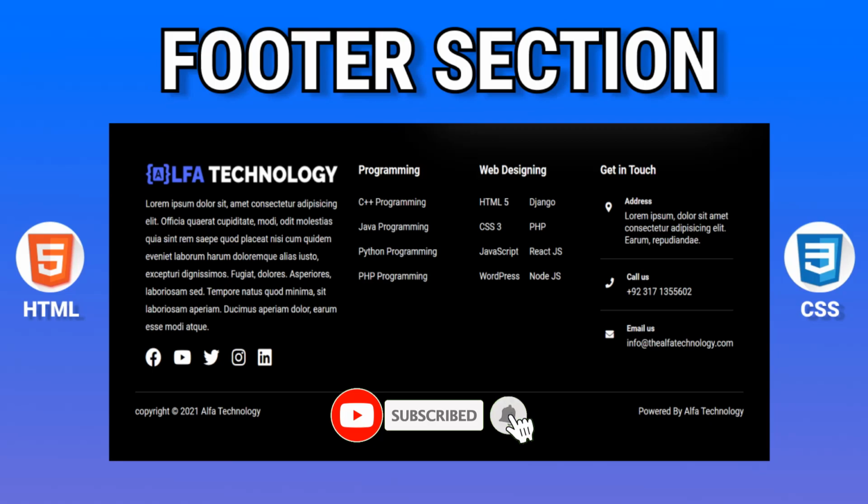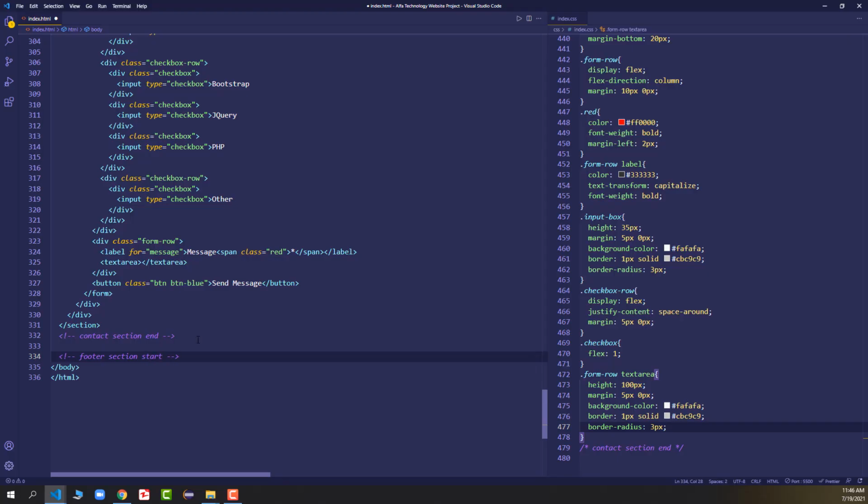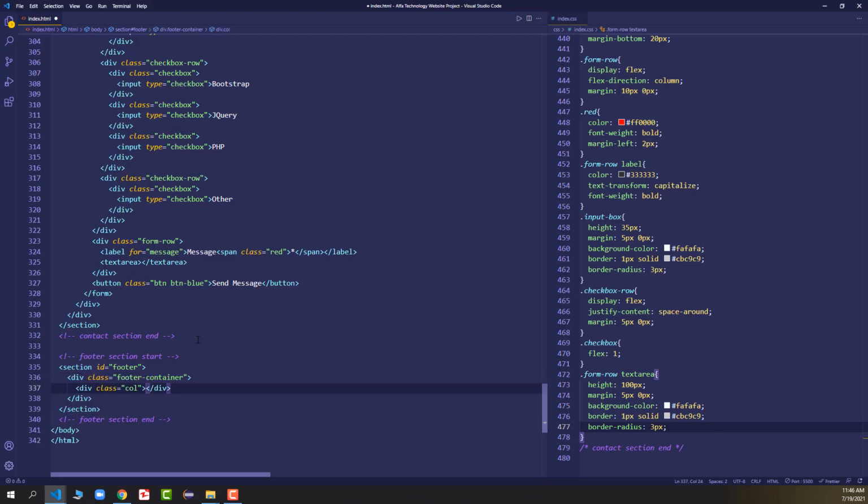Okay, now let's go ahead and it's time to design the final thing, which is the footer. So let me add the footer section start comment, and then I will say footer section end, and here I will add a section tag and I will provide the ID as footer. Now inside this section tag we have a class, dot footer container,